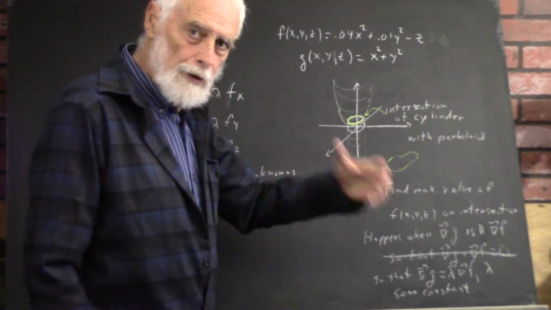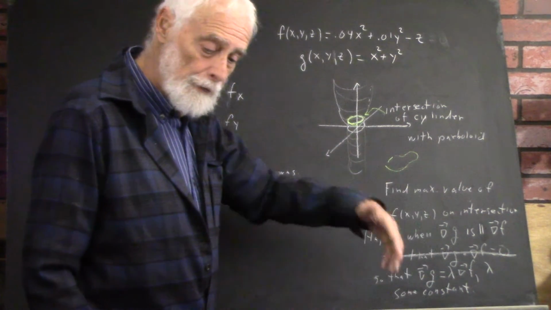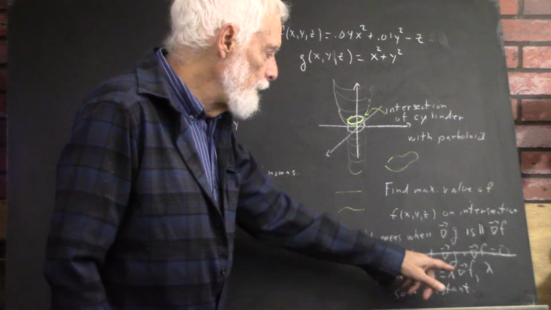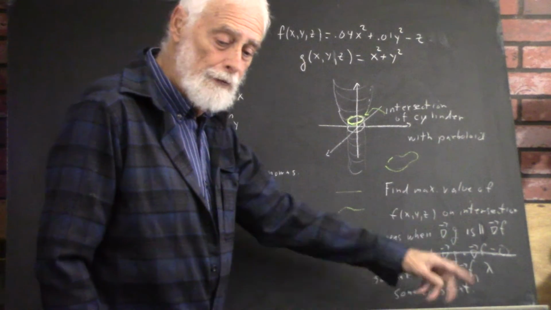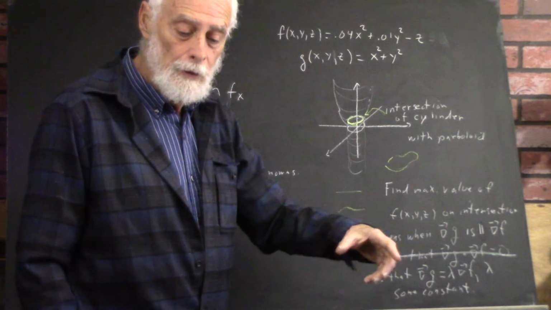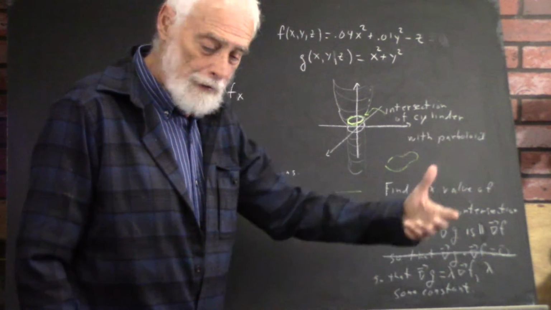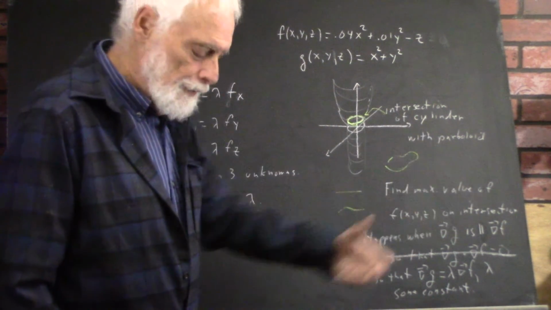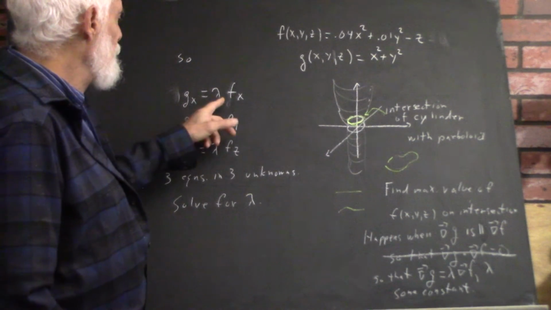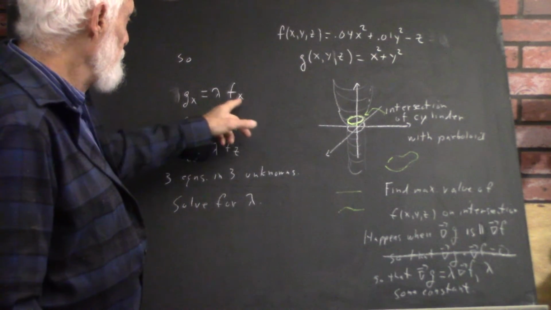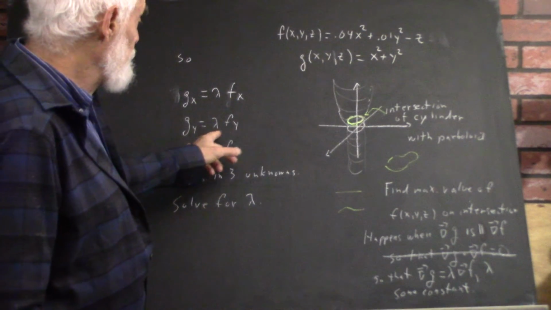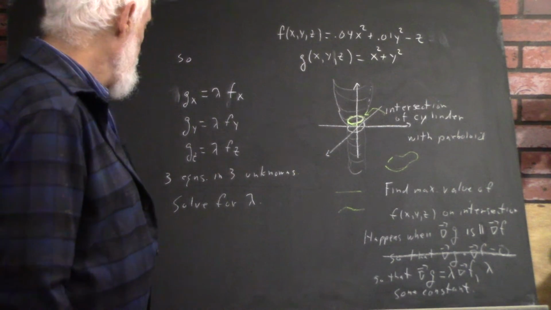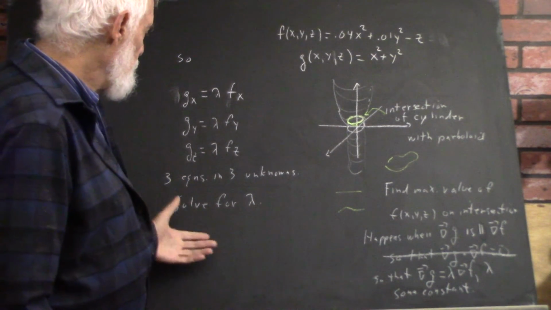then the gradient of g is going to have three components. The gradient of f is going to have three components. And if you have this relationship, if the gradient of g is a constant multiple of the gradient of f, then every component of g has to be the same multiple of the corresponding component of f. So gx is that multiple lambda times fx, and gy is that multiple times fy, and gz is that multiple of fz. So we end up, in this case, with three equations